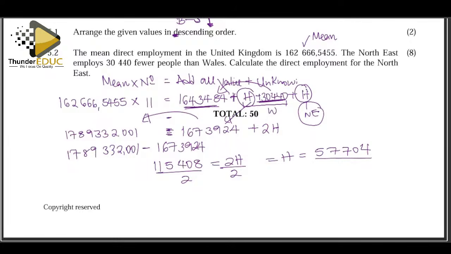So that means if H is this much, what will be the value of Wales? Because they're saying fewer than Wales. So calculate, okay, it's fine. That's what they did. So if you're to